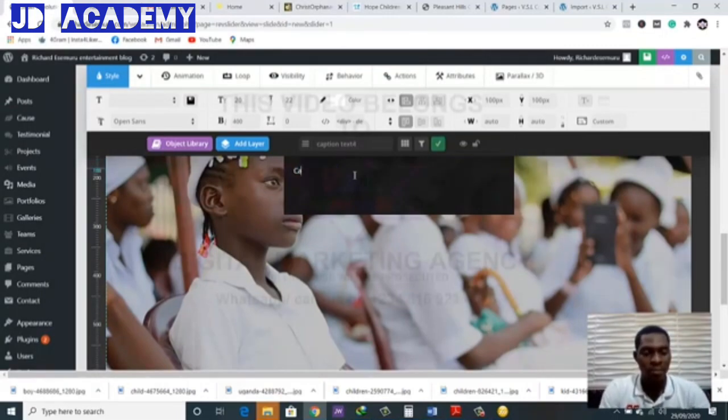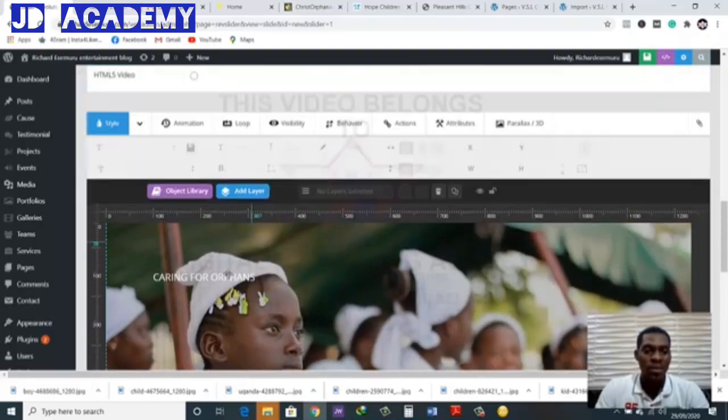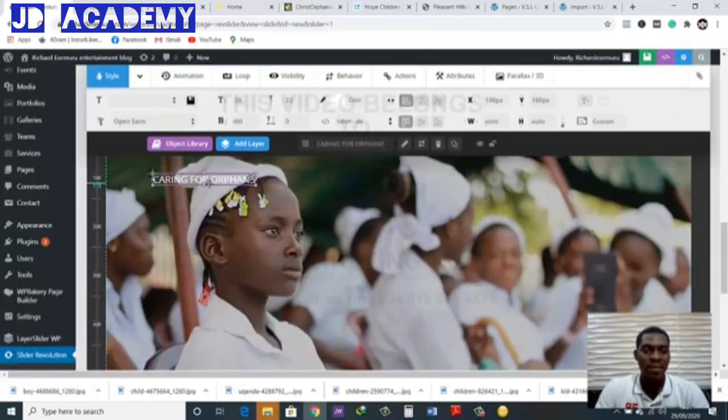Caring. So let's use caps lock. Let's use capital letters. Caring for orphans. Okay? So this is the major title. So after this, we just click on OK. So this is it here, right? This is it. So let's bring it out. We want it to be on this part of the page. So once you click on this, a dialog is going to open up for you to edit this text